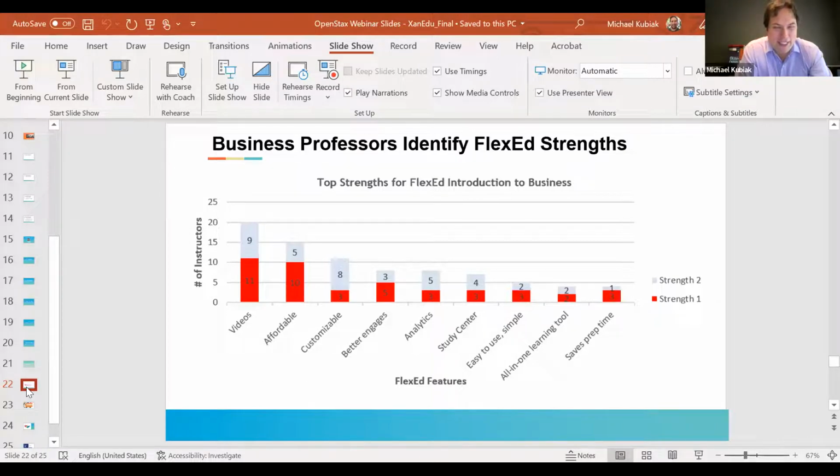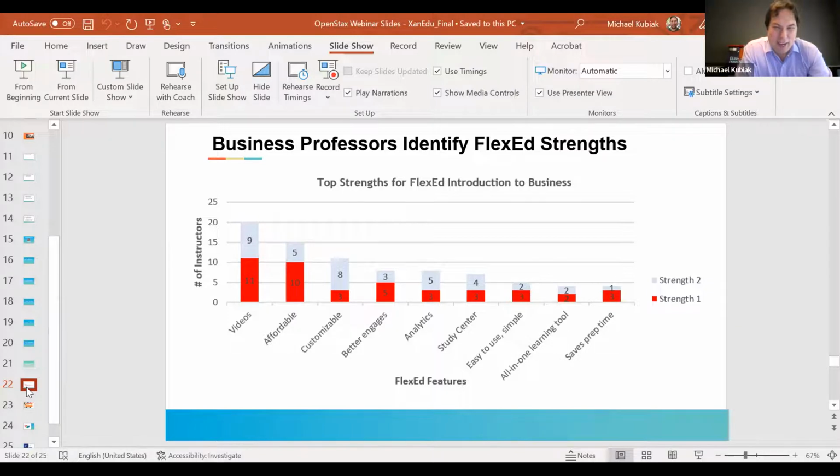And then I think what's interesting to me is you see this long tail of strengths that some other instructors identified. To us, it really reinforces that theme, as Dr. Hyatt mentioned, of flexibility, and that there are a range of strengths in the textbook and the FlexEd courseware. Each instructor might be looking for slightly different things to meet the needs of their course design and course goals.